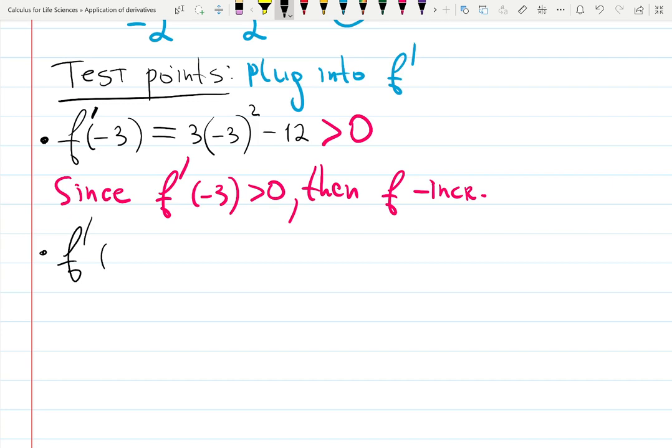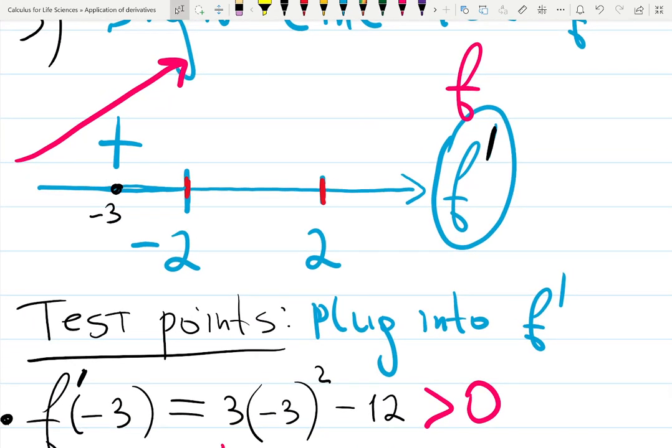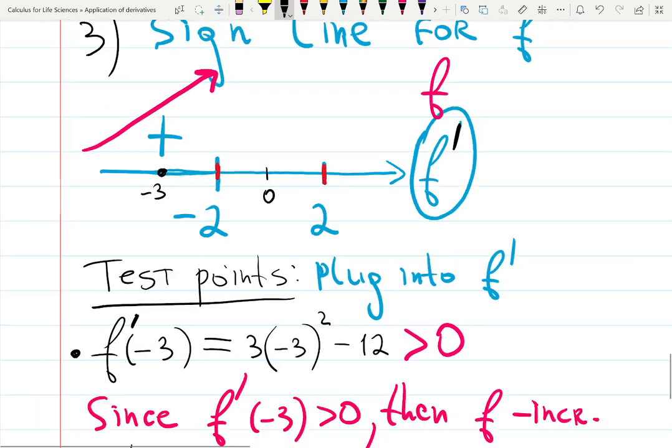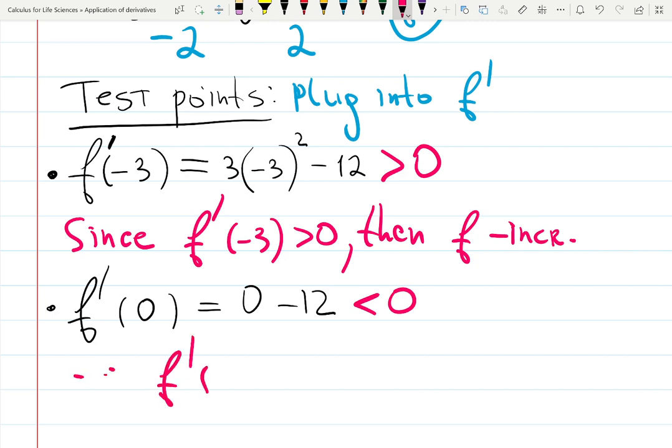The second test point should go into the second interval. From minus 2 to 2, what kind of convenient number do you want to choose? 0. Good choice. Definitely. Don't choose something like the square root of 2. 0 is good. 0 is a favorite number to choose. Let's plug in 0. So I'm plugging in really fast. It's 0 minus 12. Positive or negative? Negative. And again, since f prime of 0 is negative, that's the only thing I need, then the original function